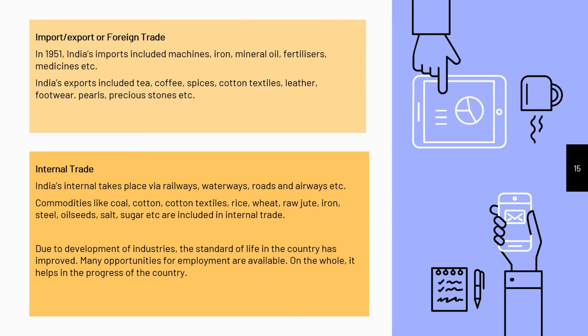Internal trade. India's internal trade takes place via railways, waterways, roads, airways, etc. Ports like Mumbai, Kolkata, Cochin, and Chennai are important. Commodities like coal, cotton textiles, rice, wheat, raw jute, iron, steel, oil seeds, sugar, etc. are included in internal trade. That means these are the items that are exchanged between the states, that are bought and sold between the states